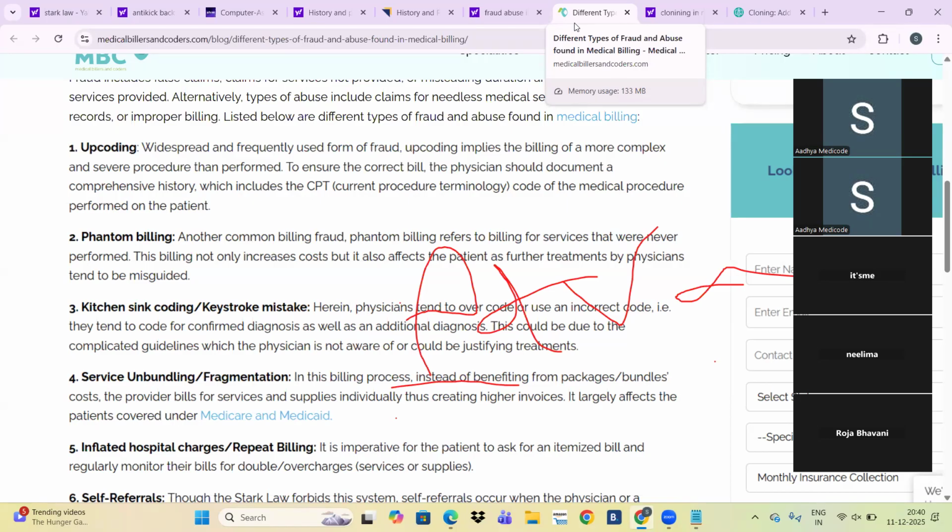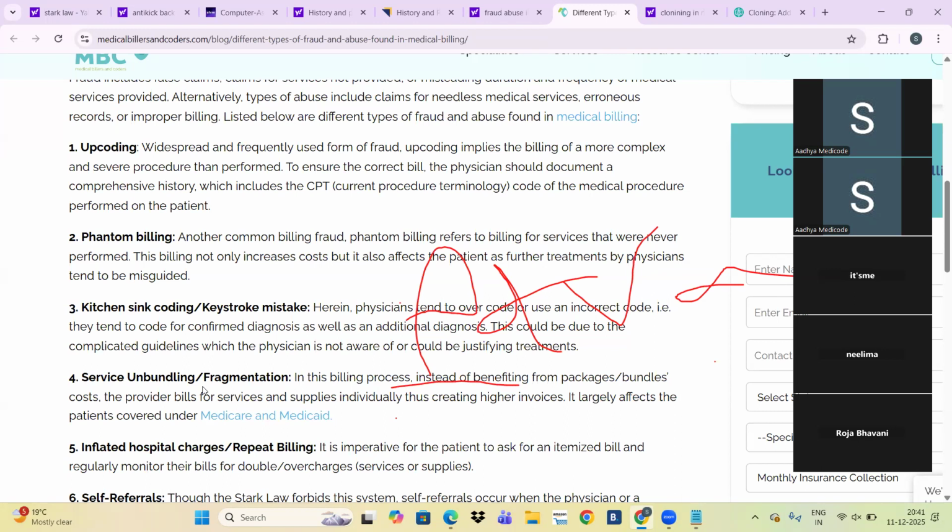Then phantom billing means they will bill for a service that they never performed. Another common billing fraud is phantom billing, which refers to billing for services that were never performed.